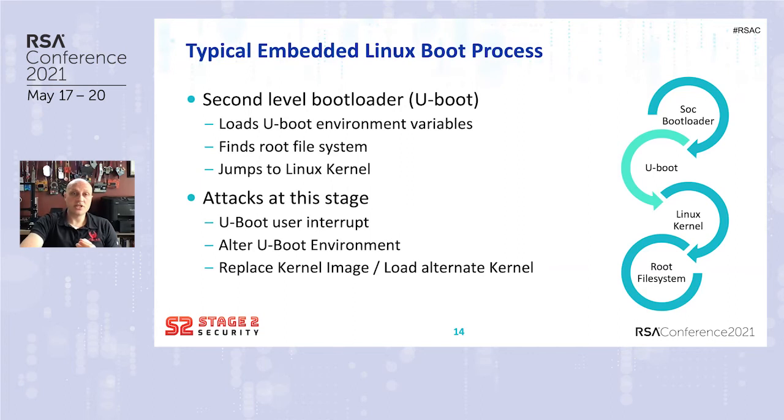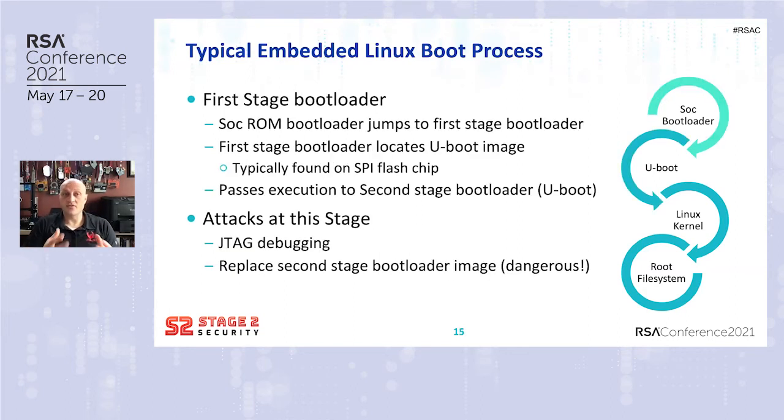And then below U-Boot is the first stage bootloader. This bootloader is very tiny. It's ROM on the embedded chip itself, and this is what kicks off initially. As soon as the chip's turned on, it starts here. This code basically just finds the U-Boot loader from wherever it is, loads it into memory, and then jumps to it. It may also do things like initialize the chip, maybe initialize any GPIO pins, start the SPI bus, maybe do some self-diagnostics checks before passing that execution.